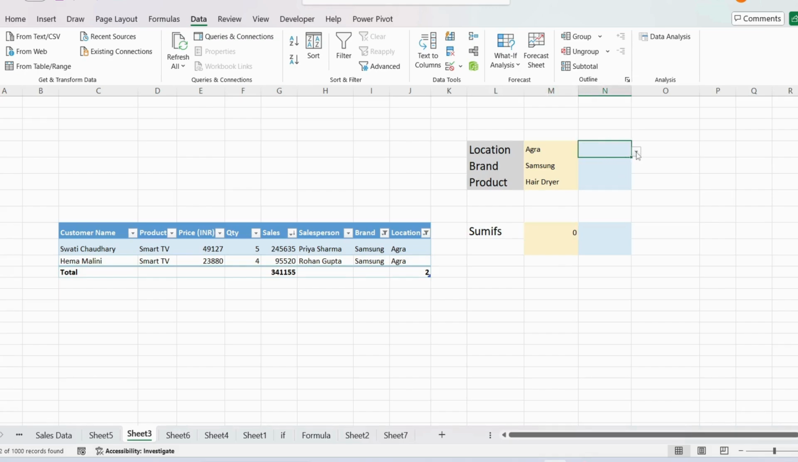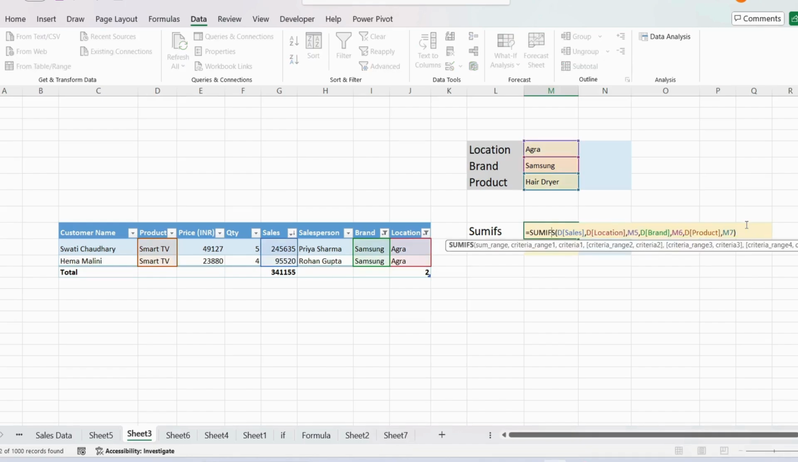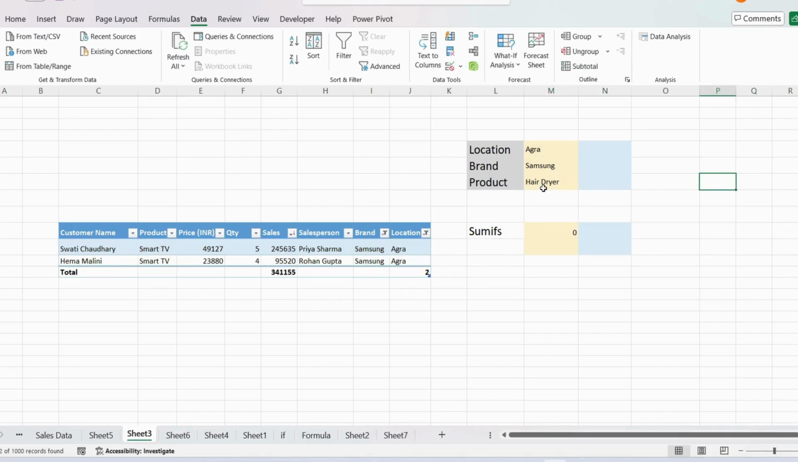Suppose what I want you to do is, just copy paste the same formula which you wrote here. In Samsung, how many smart TV is there, right? Just select smart TV here. So this is the sale of smart TV from Agra location from Samsung brand. So suppose I am writing the same formula here,